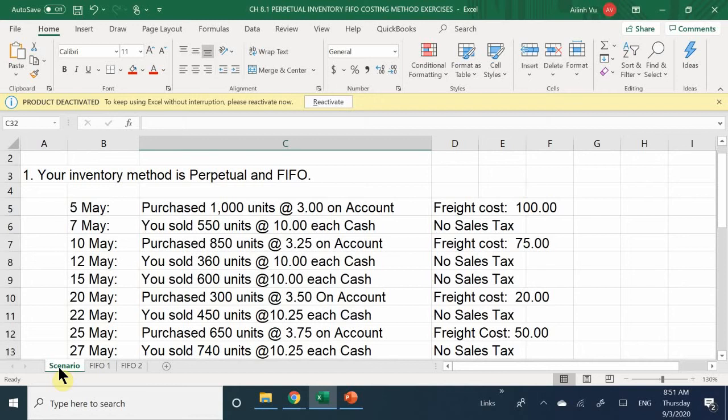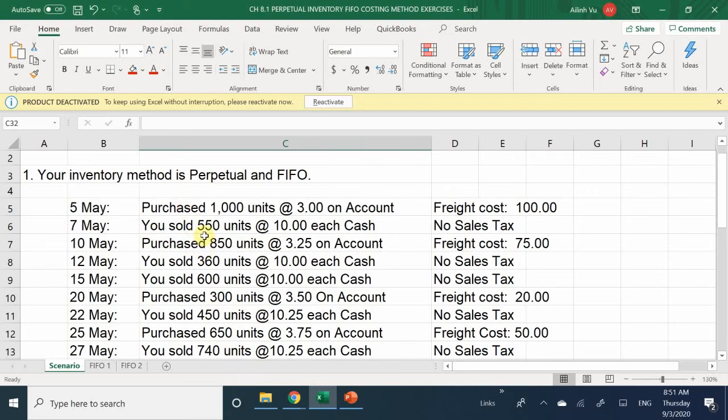All right, what happened next? We sold 550 units. We sold 550 units at how much? $10 each, and no sales tax. Now, my question to you is, so I sold